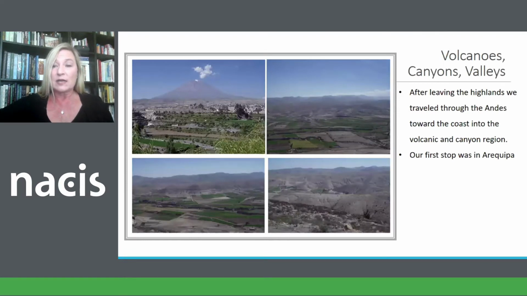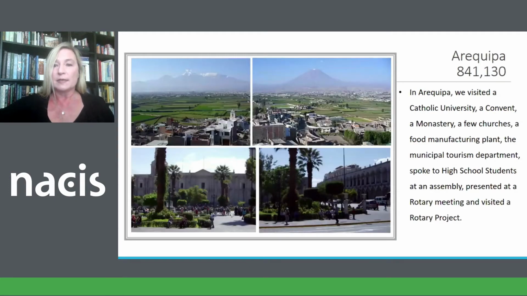After leaving the highlands, we traveled toward the coast into the volcanic and canyon region. And our first stop was Arequipa, where we visited a Catholic university, a convent, monastery, a few churches, a food manufacturing plant, the municipal tourism department. We spoke to high school students in an assembly and presented at a Rotary meeting and visited a Rotary project